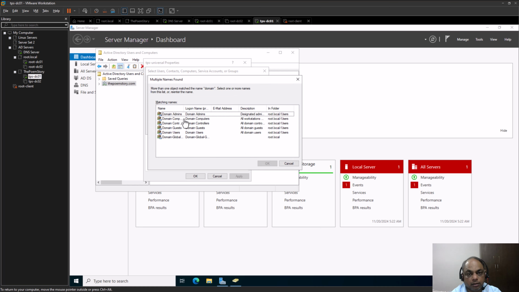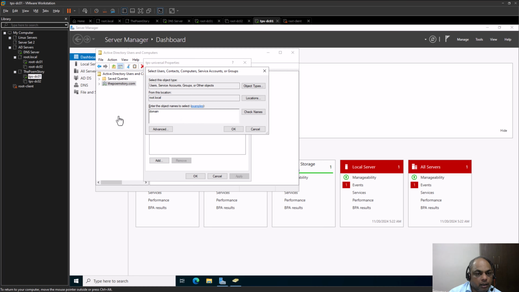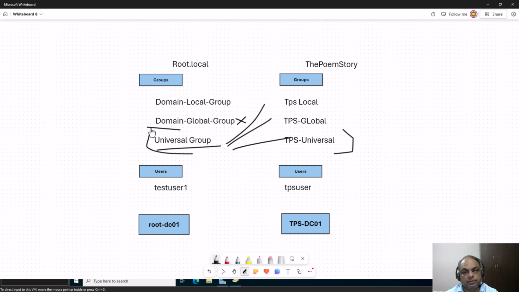Domain. So I see here these are the groups in root DC that we can add. These are all built-in groups, so do not worry about it. Let me see what was the name. Okay, so we will add